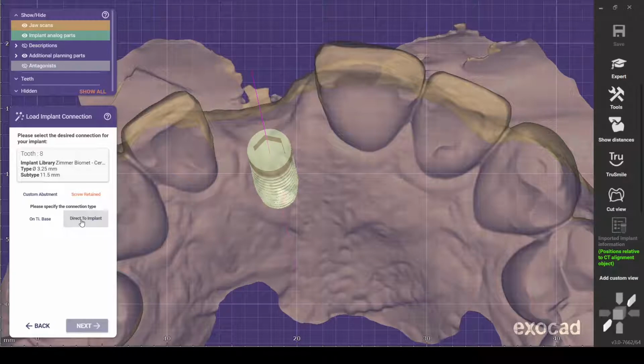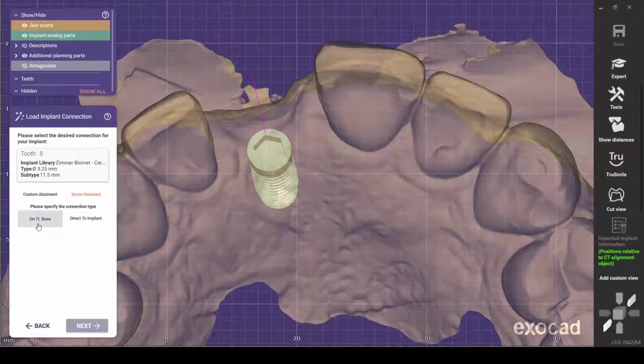If you are going to mill PMMA to the platform and use it as a provisional, generally the thickness of acrylic underneath your screw has to be custom changed. And I guess there's no great way to do that for printing software, but in milling software you can, and you're going to have to work with your vendor, or if you're super smart, you can probably figure that out, but I'm not. So what we're going to do is we're going to do it on a tie base,